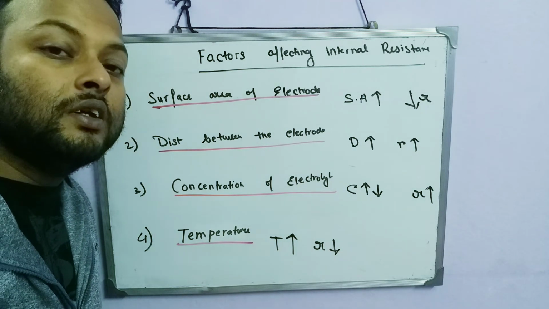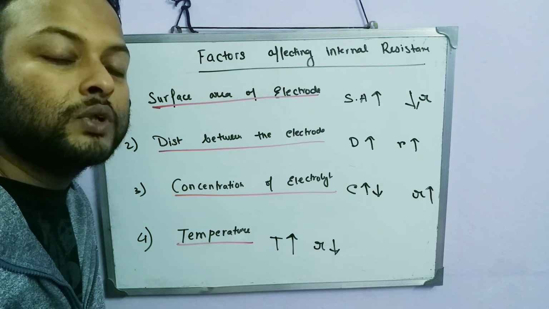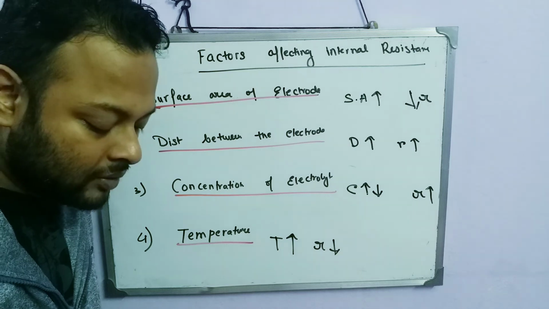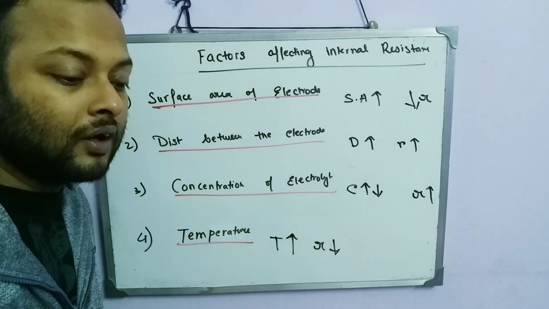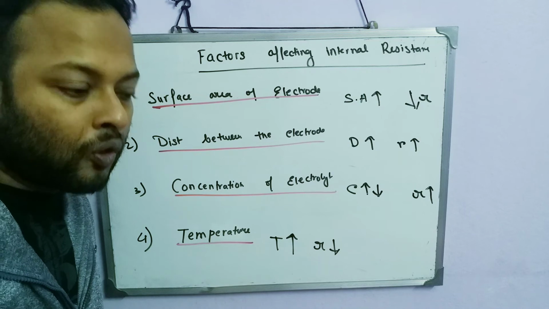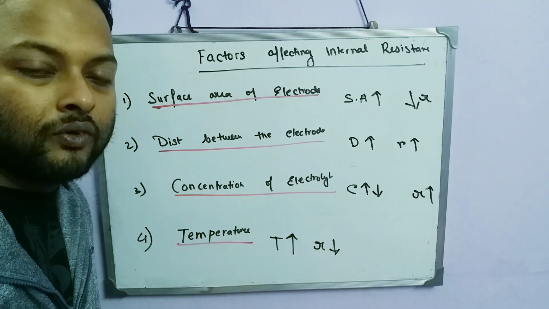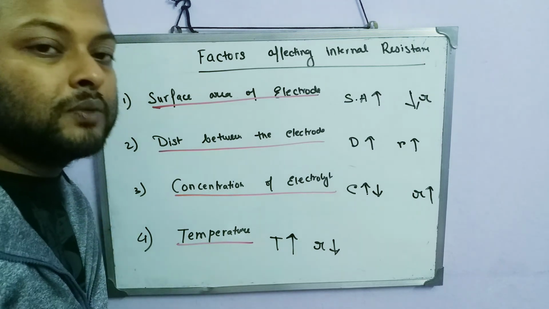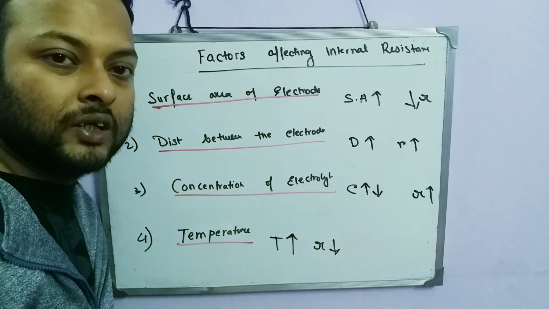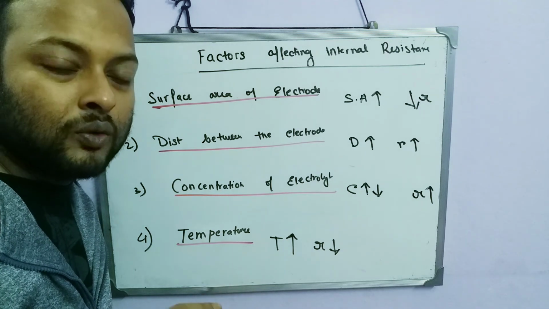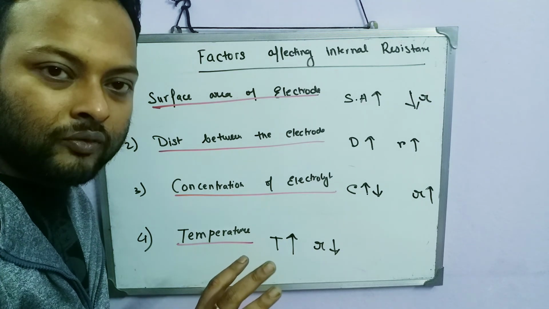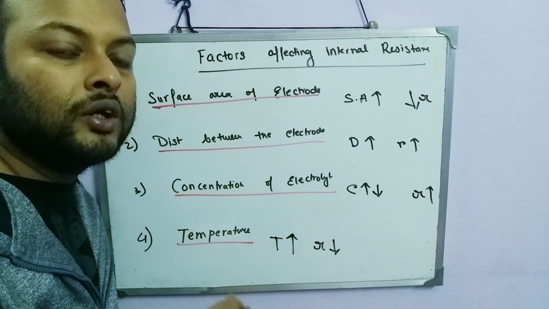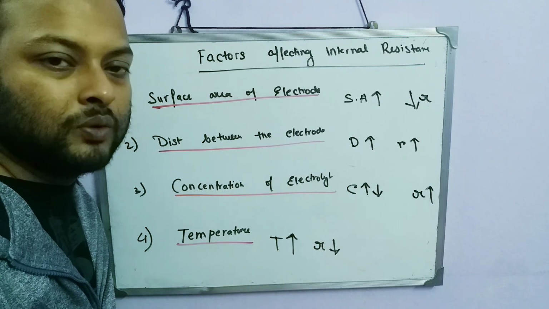I hope you have seen these three videos, the three videos which are on EMF, terminal voltage and internal resistance. These three videos are very important for you to watch and understand the concept regarding it. What is terminal voltage, what is internal resistance, what is EMF, and basically the difference between EMF and terminal voltage is given in your book. Go through it and see what the points are. If you have understood and have got the basic knowledge about EMF and terminal voltage, then I think it won't be difficult for you to understand the difference between both of them.